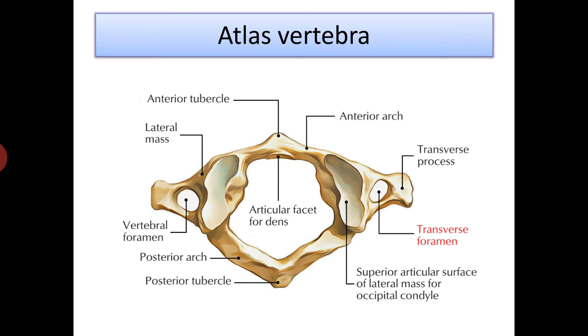Now the medial surface of this lateral mass is marked by this tubercle. Okay, and this roughened tubercle is for the attachment of the transverse ligament, and that supports the posterior part of the dens that is attached over this tubercle. Okay, so on the medial surface of this lateral mass you'll find the tubercle, and after that you'll find the transverse process,